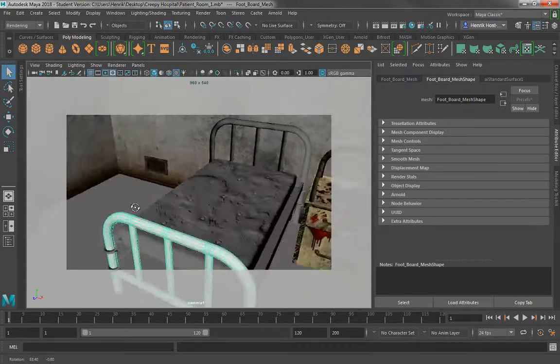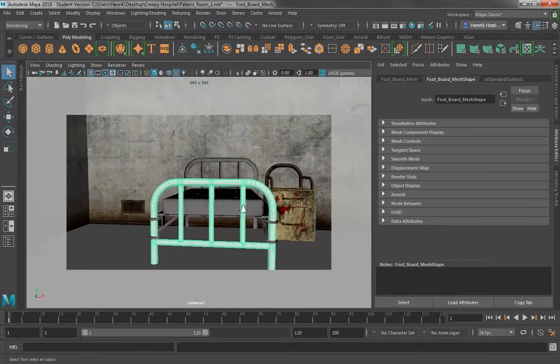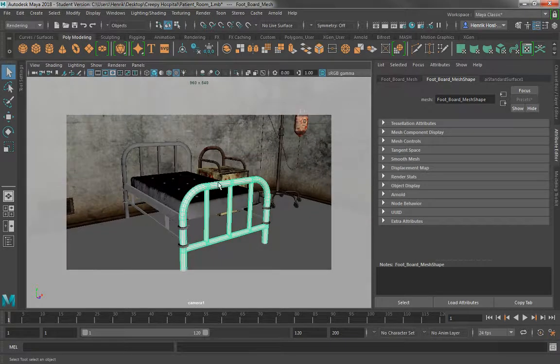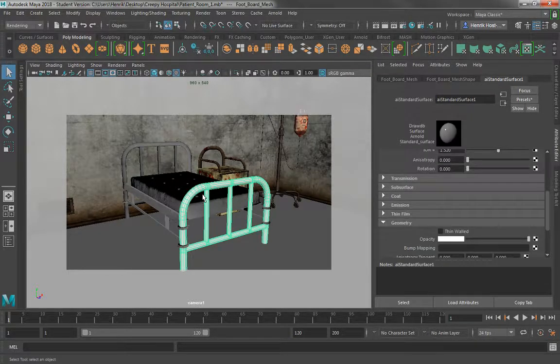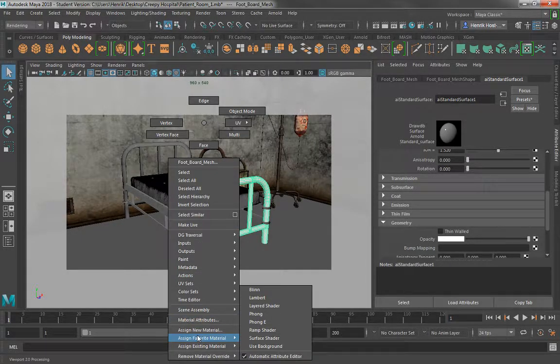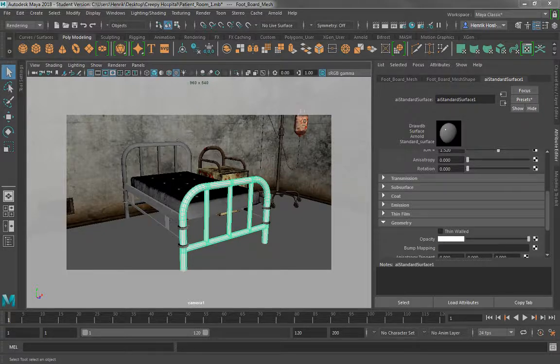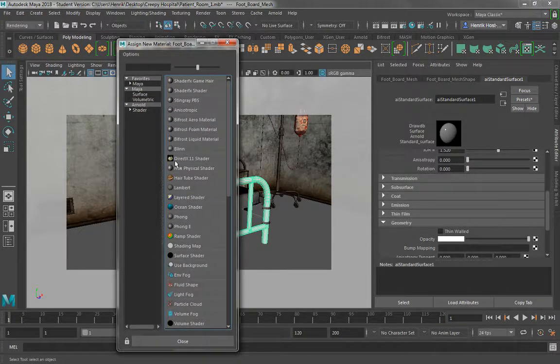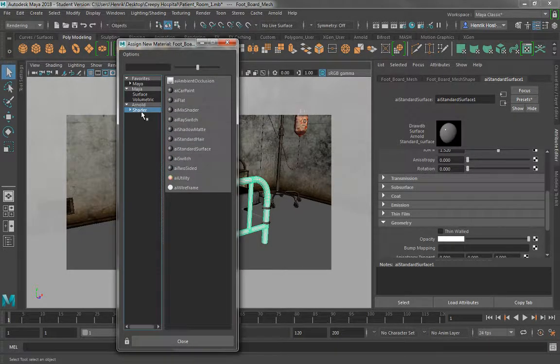So it's really easy to assign materials to this. So what I did was I assigned, hold right click, assign new material, and I'm going to do this over again, and then under Arnold, under shader, I did AI standard surface,